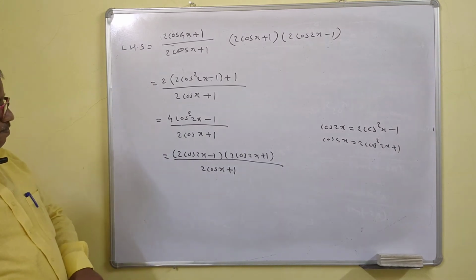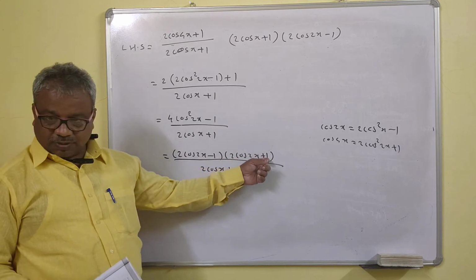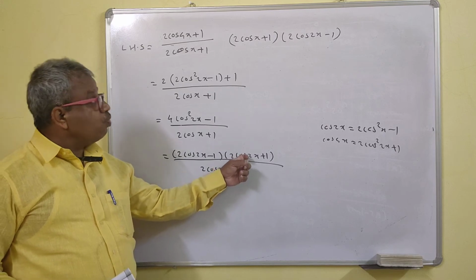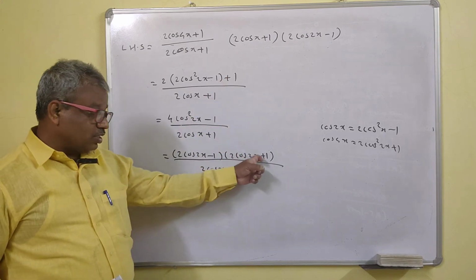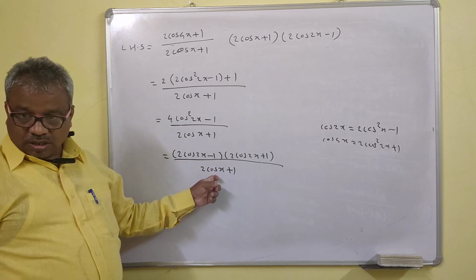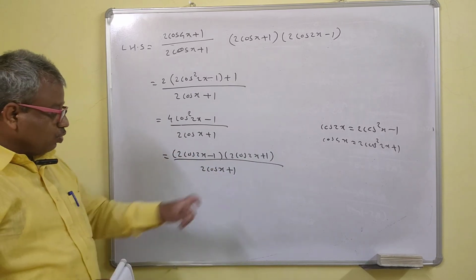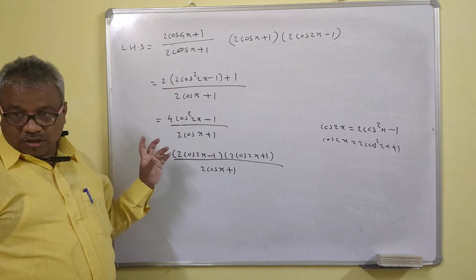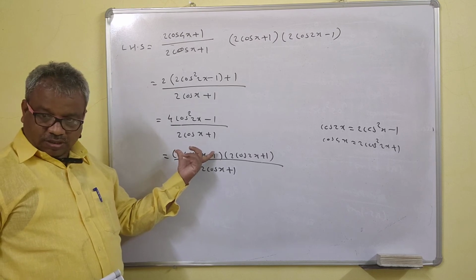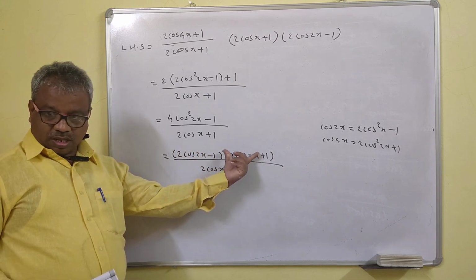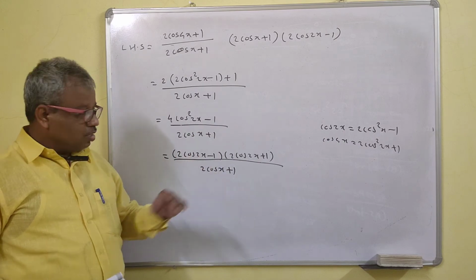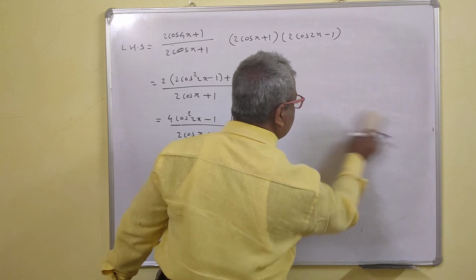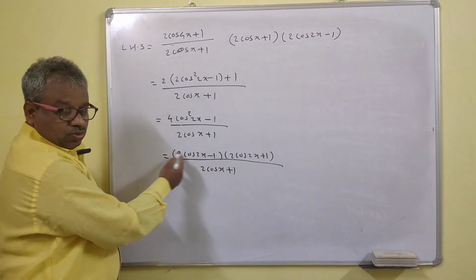So what is our aim? See, this is 2 cos twice x plus 1, right? And this is 2 cos x plus 1. So this is what we want, that we want to show now. See, your RHS is 2 cos twice x minus 1 is there. So don't do anything for this one. Just do for this one. And this term should get cancelled now. So don't touch the denominator, and don't touch the first term of the numerator either.